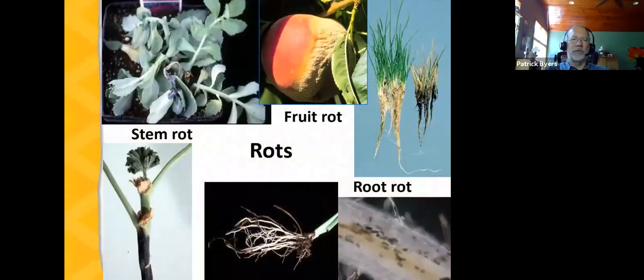And then we have a wide range of rots. These could be fruit rots, they could be root rots, they could be stem rots, but a number of fungal diseases cause rots. And we've already talked about peach brown rot. We can see that up there at the center. We can see stem rot on the geranium and the euphorbia. And we can look down there on the lower picture and we can see root rots.